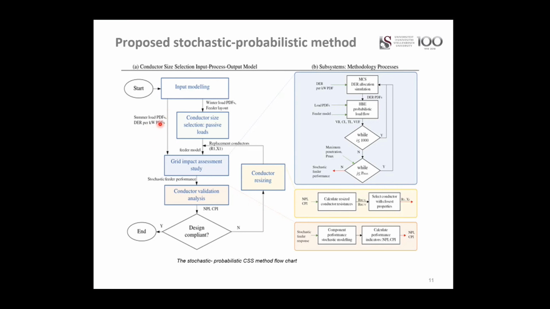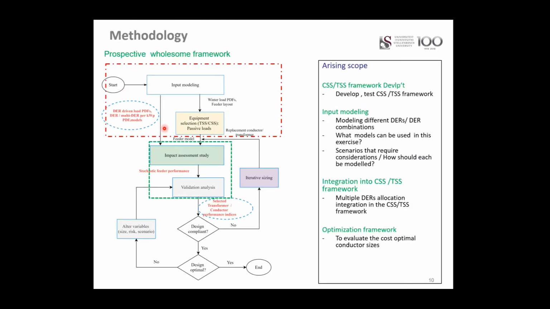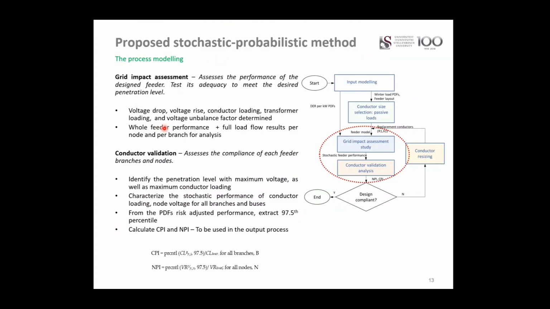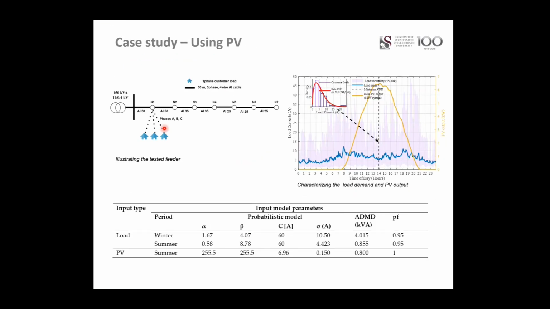So the voltage response is based on both the summer loads and the DERs. And the summer load is obtained, here, at a particular point of low demand on a summer day,